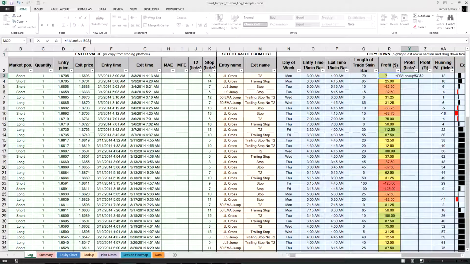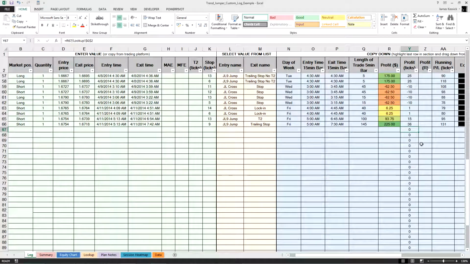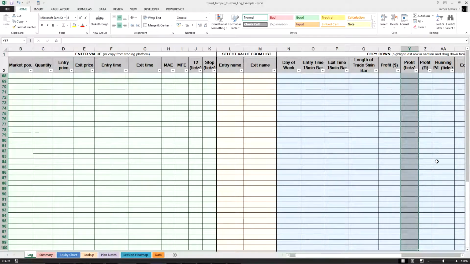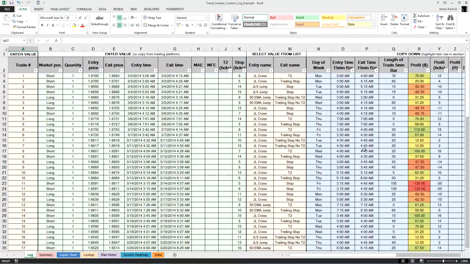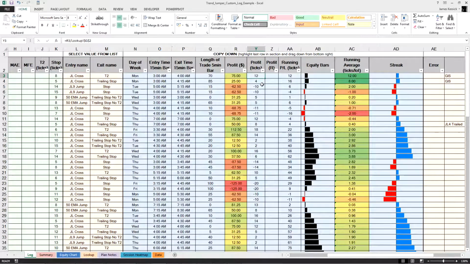So $G, $2, so that locks in the column and the row. Then I can just copy that down, and you can see it's copied it too far, so I'll delete that. So we've got profit in ticks,